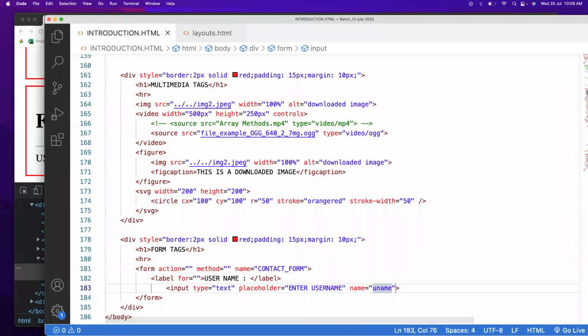Okay. So these are the three important attributes. First one is the type, that is a mandatory attribute. We must and should give the type. Second one is the placeholder. It is our choice whether you want to give it or not. Third one is the name. It is also a mandatory attribute that you need to mention for any field. So why is it mandatory? Because, for example,